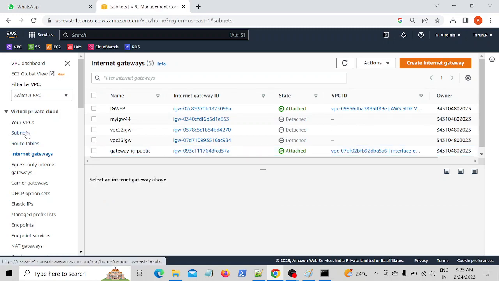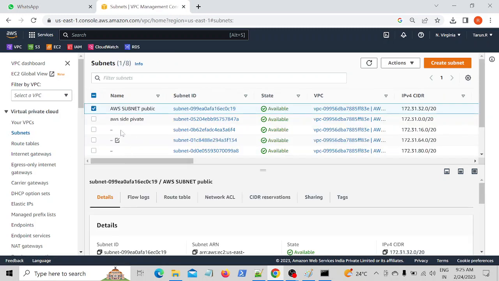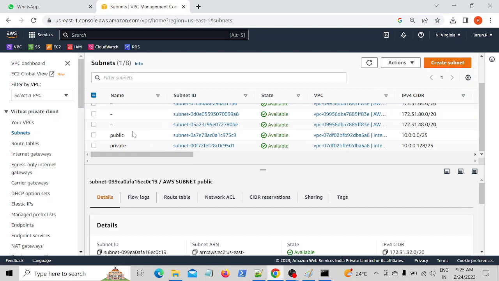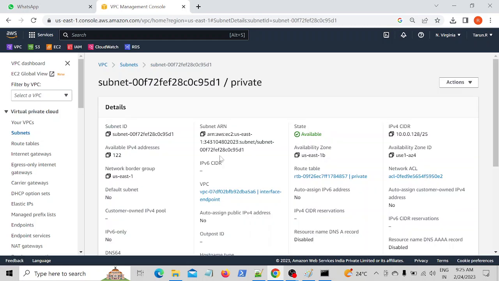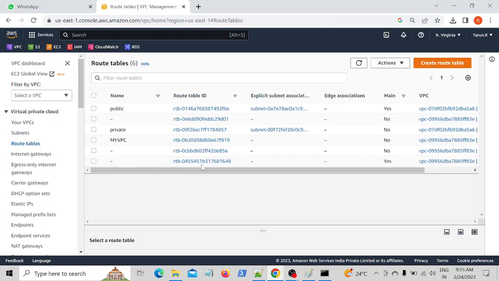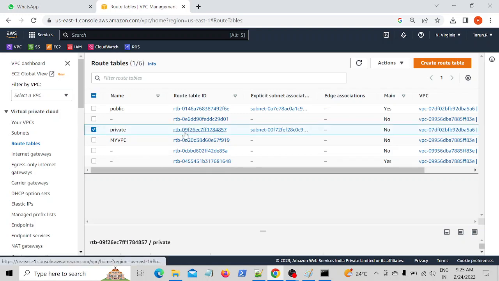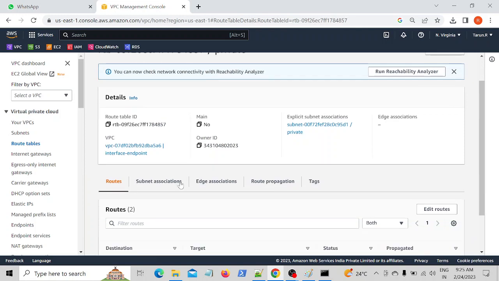So we'll go to the subnets. In subnets, we created private, right? So we are having private. We'll get into this subnet. See, this subnet is having a 10.0.0.128/25 CIDR range, and we'll go to route tables. In route tables also, you can see private. This private doesn't have any kind of